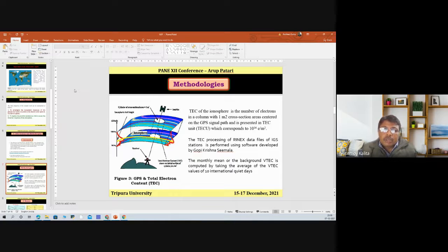Methodologies. Here we are interested in the ionospheric parameter TEC, that is total electron content. This parameter TEC is connected to GPS signal. We know about GPS satellites, and if we consider a cylinder along the path of the GPS signal, that is along the line from the GPS receiver to the GPS satellite, and we consider a